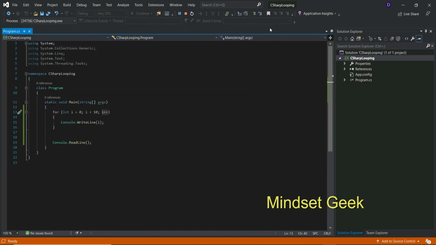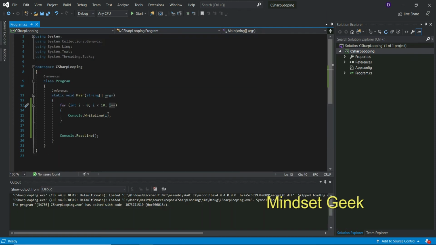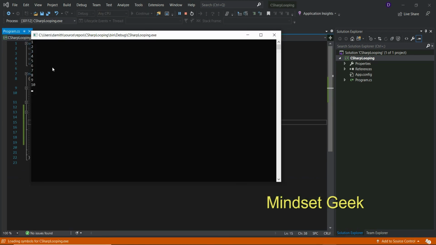If I use 1 to less than or equal to 10, what will the result be? Also we know 10 iterations, 1 to 10.